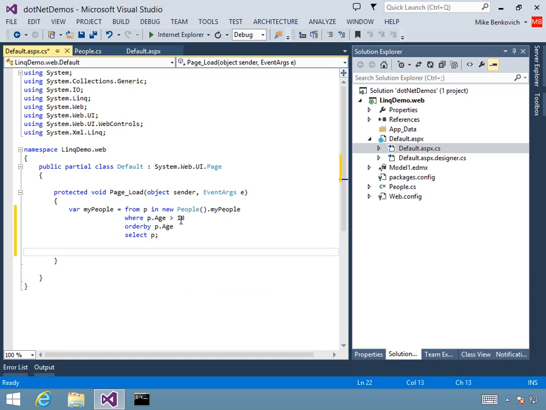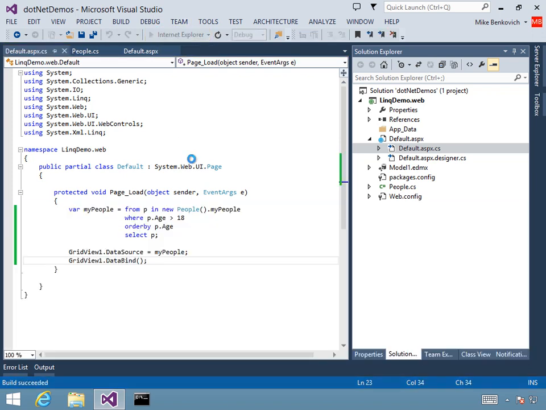Then I can come down here and say GridView1, and I'm going to set its DataSource equal to myPeople, and then I can say GridView1.DataBind. And if we run this, what we'll find is that it's going to take this collection of data, and then it's just automatically going to bind it right up. So I can see here's the list of people, and I could even add maybe a criteria on here, maybe a drop-down list